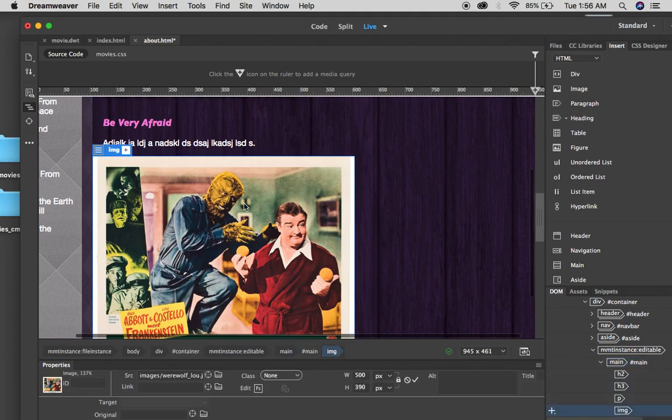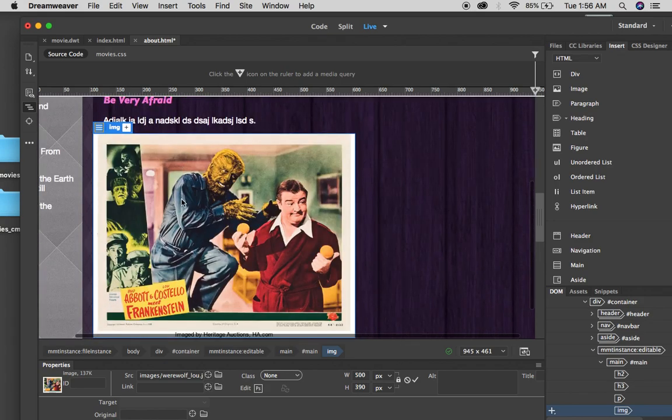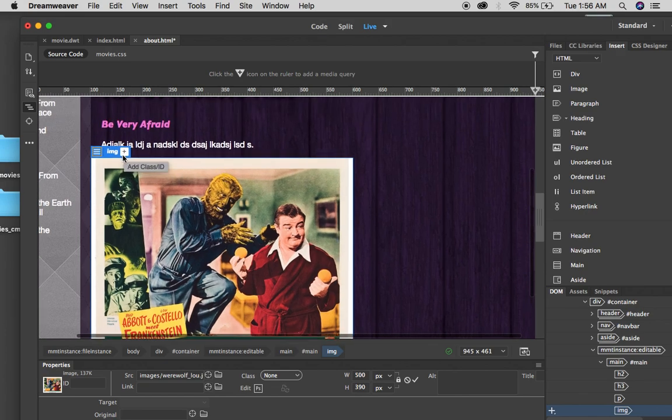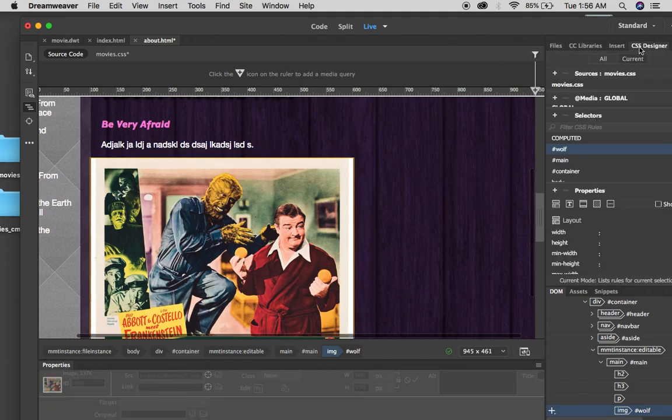Now that's a little too tight to the side of that window here. What I could do is add the same margins as a p tag. Remember this image here, I could add an ID. That image selected on the live view. I can add hashtag wolf. How's that sound? Enter. What do I want to save that? Yes, to that movie CSS sheet. Good. Now I come over here to my CSS designer, woof,